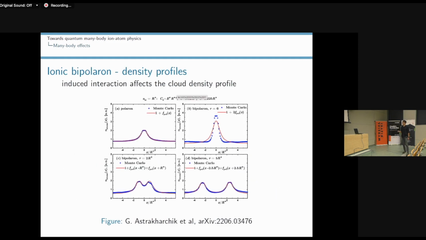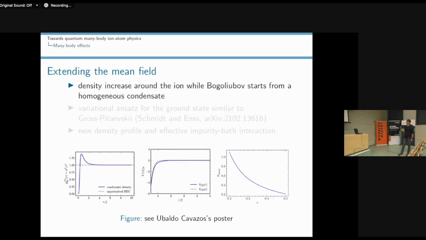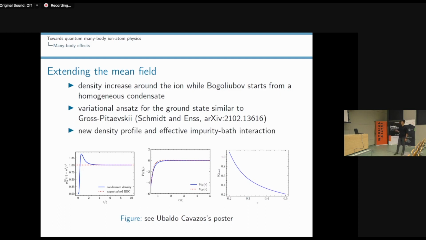So we are interested in trying to explain these features, but with a simpler approach, because these Monte Carlo calculations are quite costly. So we try to improve the mean field theory, but make it include this inhomogeneity in density around the ion. In a way, it's similar to the Gross ansatz that was mentioned by Peter. You do a variational ansatz for the wave function of the bosons, and you get a modified Gross-Pitaevskii equation, as basically rediscovered, or extended, by Schmidt and Enss, and also Pietro Massignan at some point, for neutral polarons. So for the ion, in the preliminary results that Ubaldo Cavazos got, you can see the increase in density